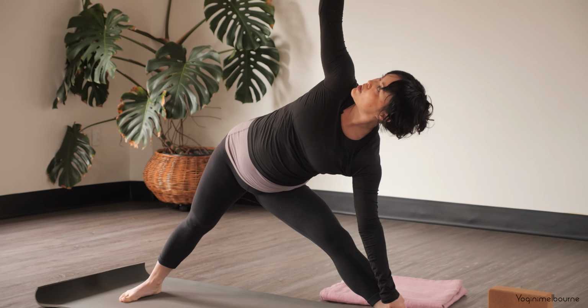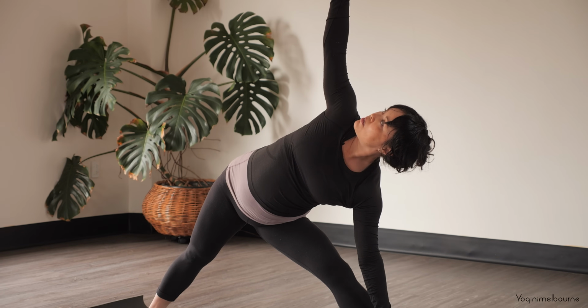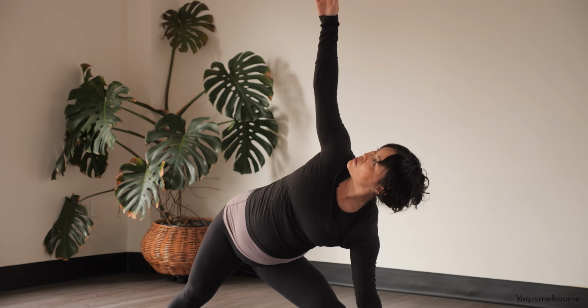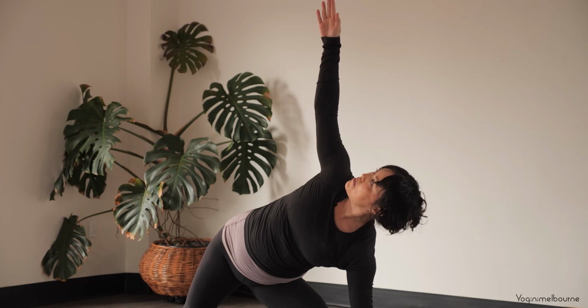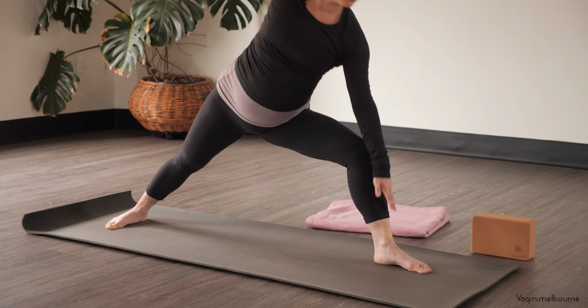Try to minimize how much weight is bearing down that left hand. Ground down through the base of the left big toe, and then draw that left quadricep up, rotating the upper body towards the ceiling. And then let's turn the head to look down towards the left big toe, bend into this left leg,